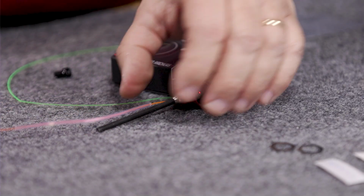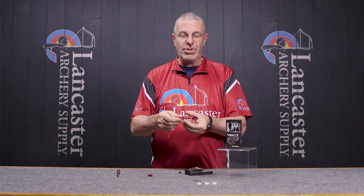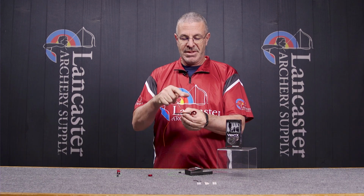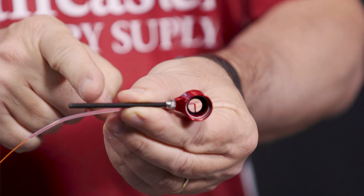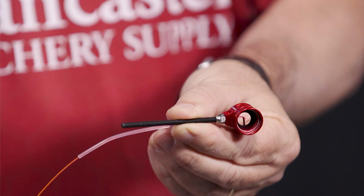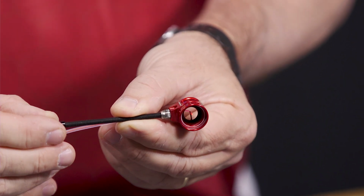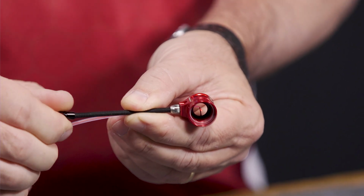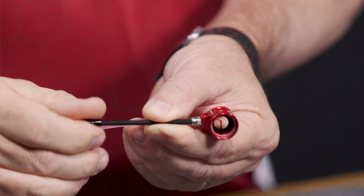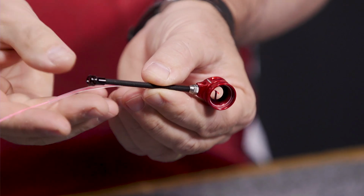And now, what you would do is have your scope mounted into your sight, onto your sight block. And so this threading, the back end is going to come all the way through the sight block. So once you have it mounted on there, this is a little holder for the fiber. You can see these holes that are around in there. So I would take that,